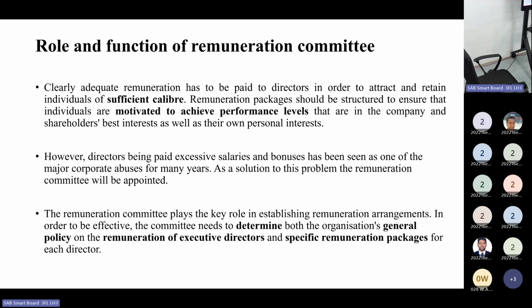However, directors being paid excessive salaries and bonuses has been seen as one of the major corporate abuses for many years. As a solution to this problem, the remuneration committee will be appointed. The remuneration committee plays a key role in establishing remuneration arrangements in order to be effective. The committee needs to determine both organization and general policy on the remuneration of executive directors, and the specific remuneration package for each director. Normally, this is our boundary for any director, and on top of that, you can add